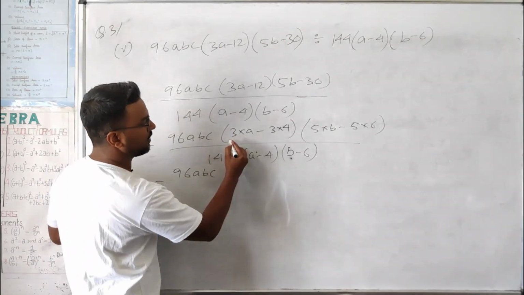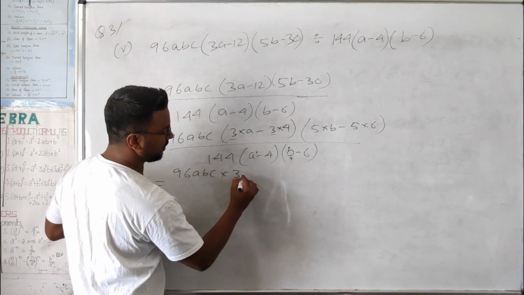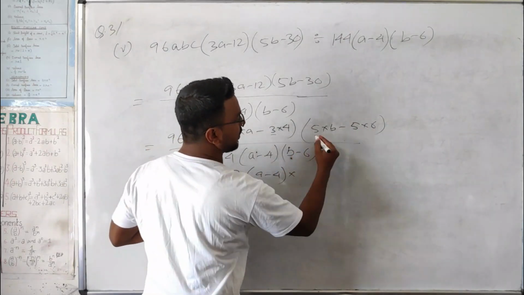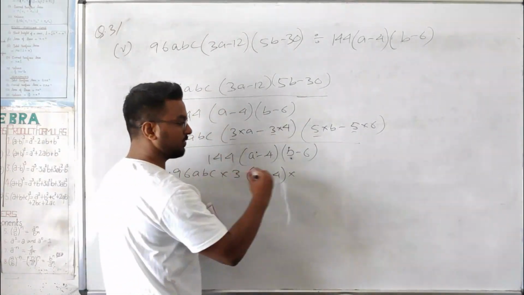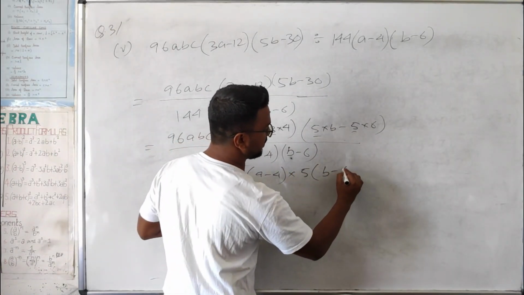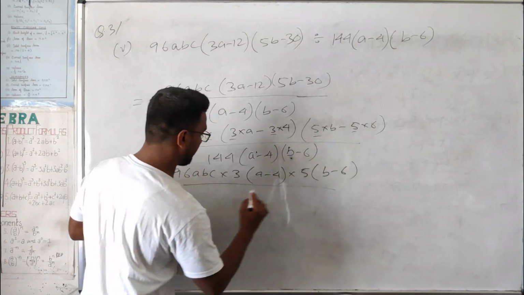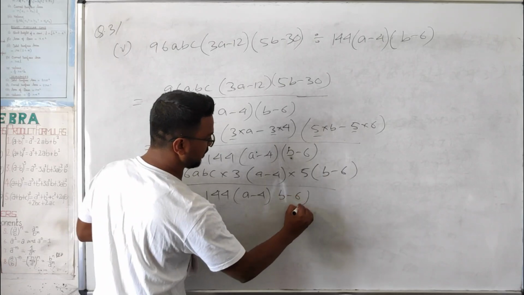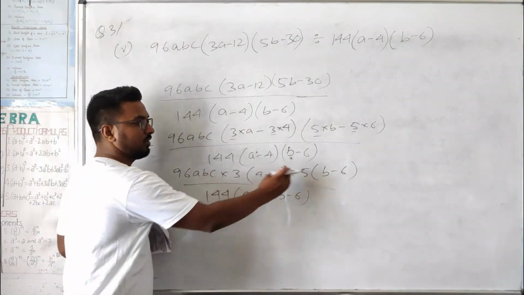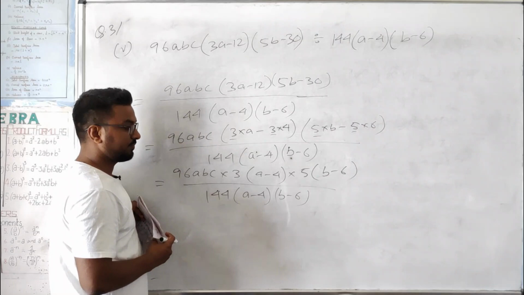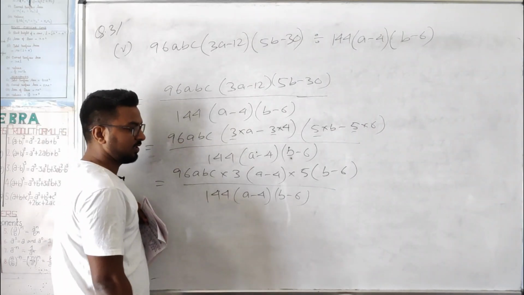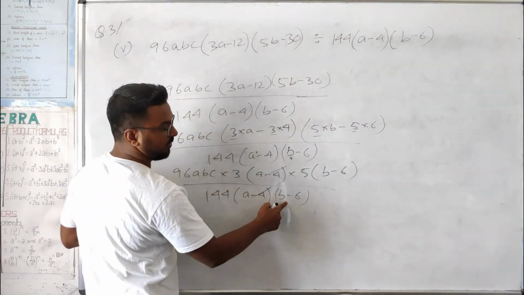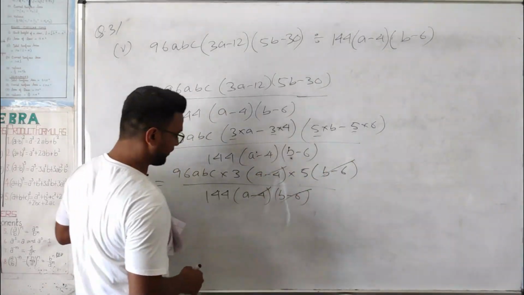What is the common factor here? 3 is the common factor, so take it out. 3 into a minus 4 into, what is the common factor here? 5, so take it out. So what will be left? b minus 6, divide by 144 into a minus 4 and b minus 6. Now all these are factors, they're multiplying with each other. Now you see a minus 4 you can cancel, b minus 6 you can cancel, and this one